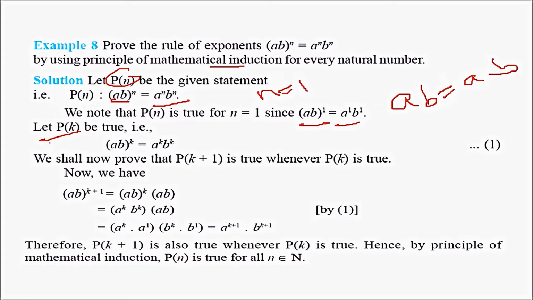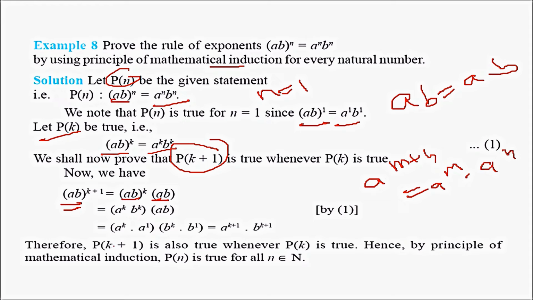Let us assume it to be true for P(k). So ab to the power k is a to the power k, b to the power k. This we have assumed. What about k plus 1? ab to the power k plus 1 can be written as ab to the power k times ab. You know that a to the power m plus n is a to the power m times a to the power n. So what will this be? a to the power k, b to the power k,